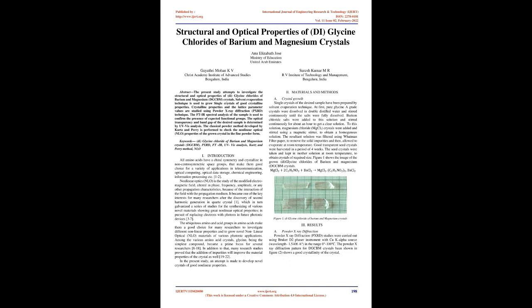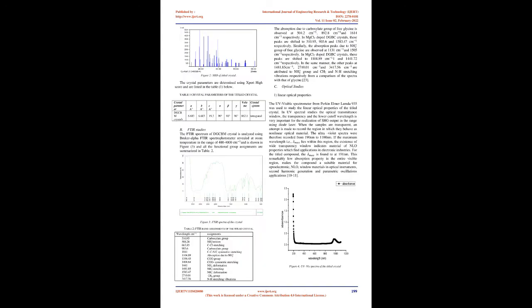A. Crystal growth. Single crystals of the desired sample have been prepared by solvent evaporation technique. At first, pure glycine A-grade crystals were dissolved in double distilled water and stirred continuously until the salts were fully dissolved. Barium chloride salts were added to this solution and stirred continuously for about an hour to get a clear solution. To this solution, magnesium chloride, MgCl2, crystals were added and stirred using a magnetic stirrer, to obtain a homogeneous